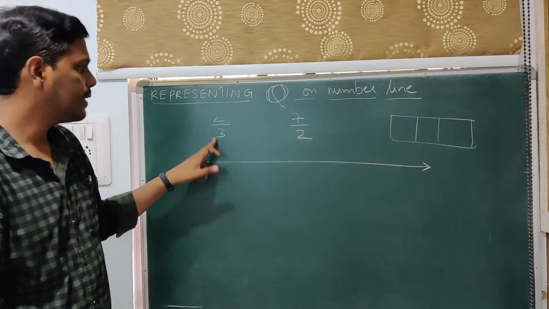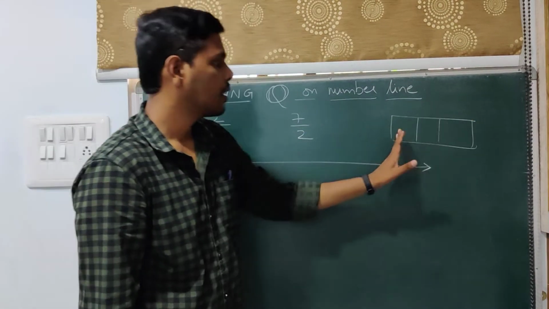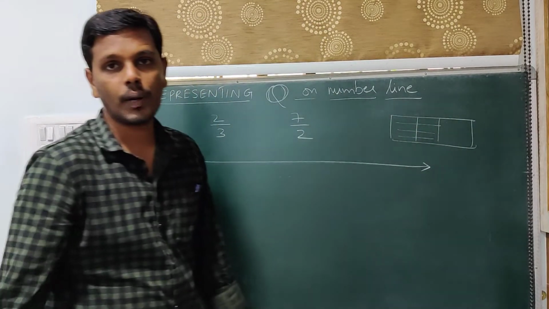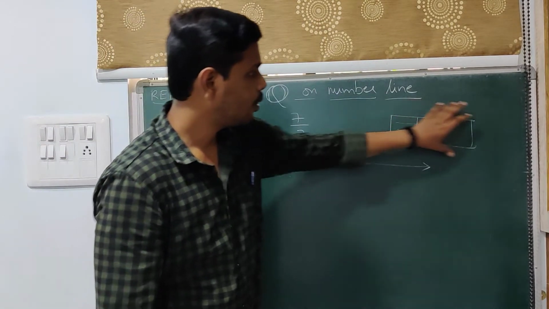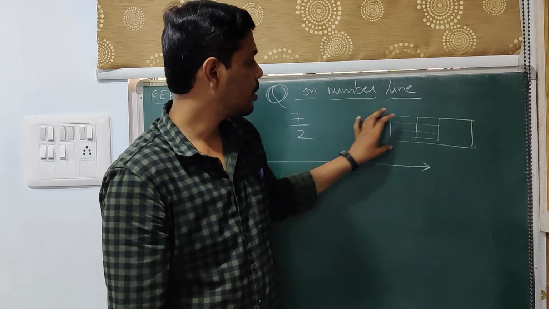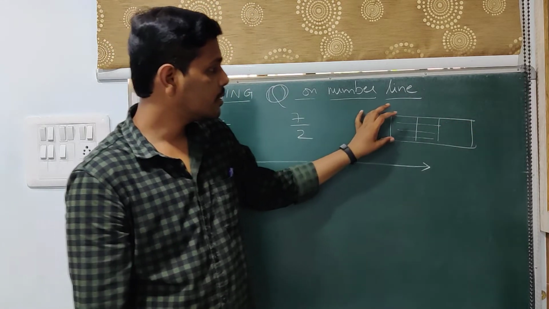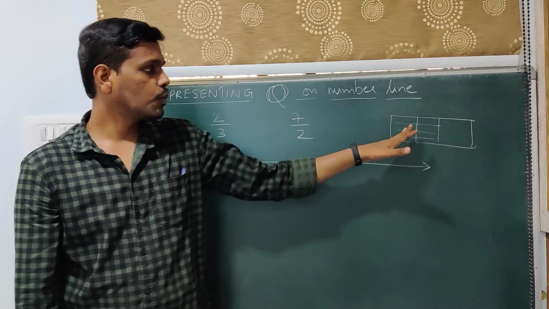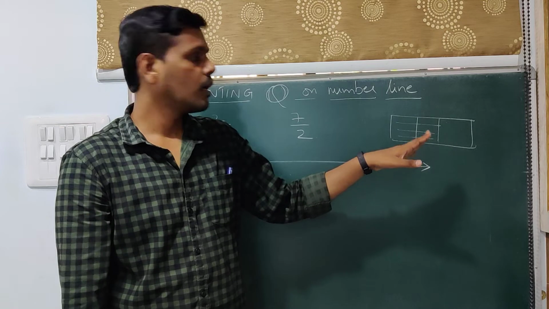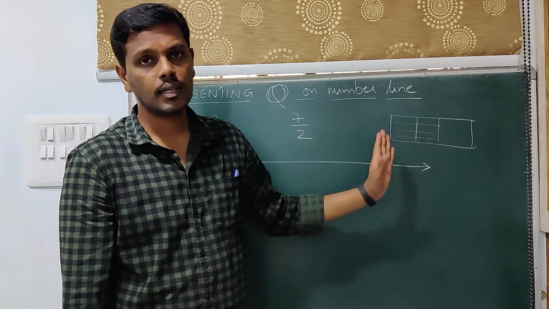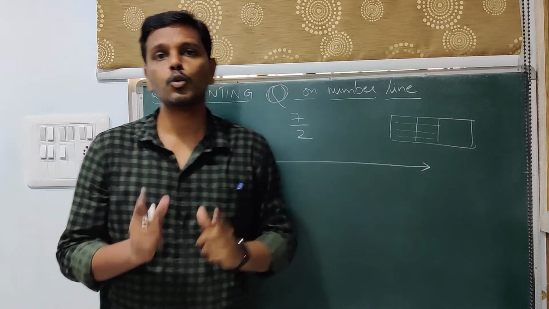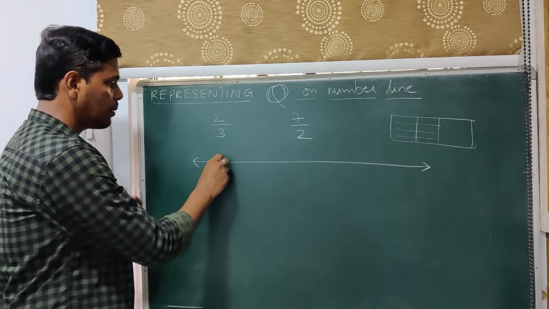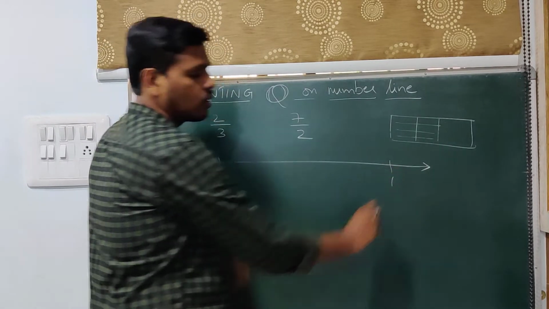you have 2 by 3. This indicates that the whole, when you divide it into 3 equal parts, we are considering 2 parts. Now these 2 parts are not the same as the whole quantity, or these 2 parts are not greater than the whole quantity, which means that 2 by 3 is greater than 0 and 2 by 3 is less than 1. So 2 by 3 is always between 0 and 1. So that is what I mark, 0, 1.